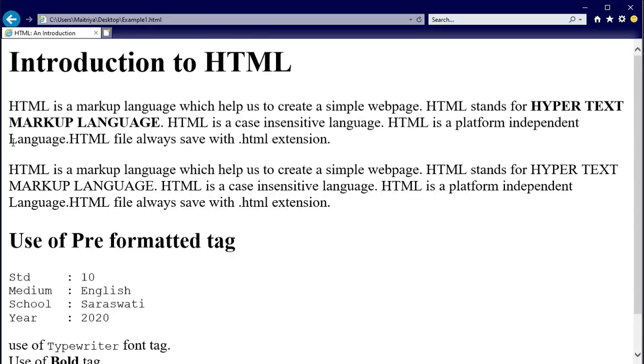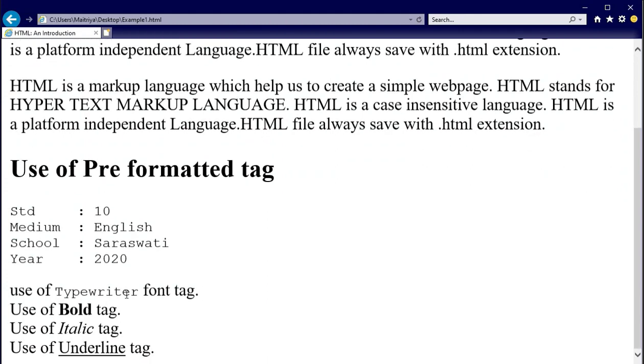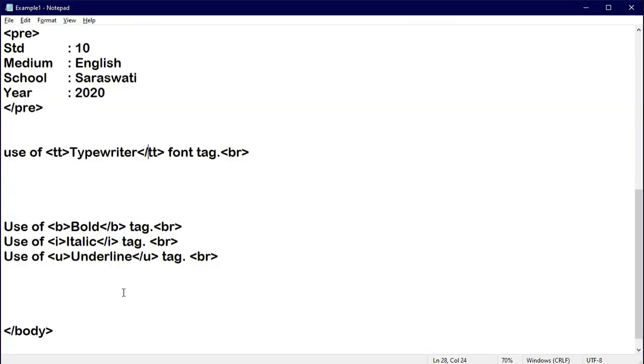Just save your file and press F5 key. Now here you can see the word typewriter and the remaining words, both font styles are different. Why? Because the word typewriter appears in typewriter font style.